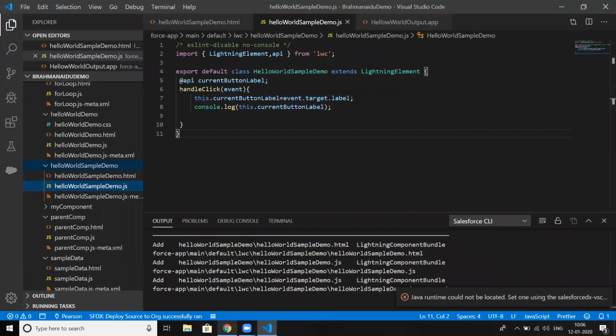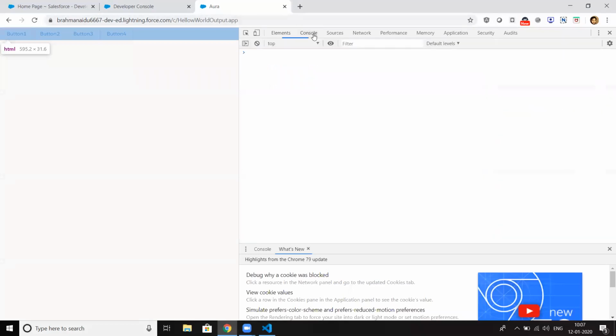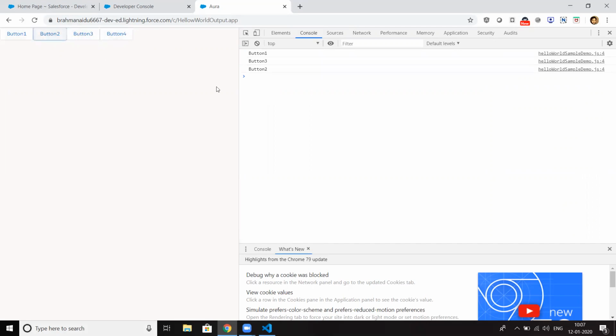Okay, so let me just refresh the application. I'm just inspecting it. Right, so I'm clicking on button 1, so I'm getting the button 1 value. I'm clicking on button 3, so I'm getting the button 3 label value. I'm clicking on button 2, I'm getting the button 2 value. Button 4 is coming. Okay, so next we will see